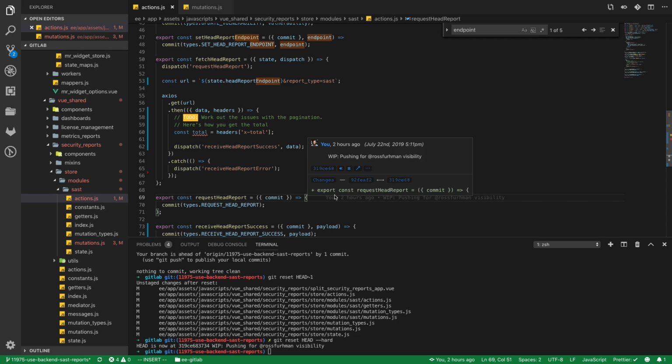My original thought was that instead of fetching the SAST artifacts and passing them through, I would just fetch an endpoint that gave me the SAST artifacts and send that same data to the UI, and everything would just work fine. Of course, that's not the case